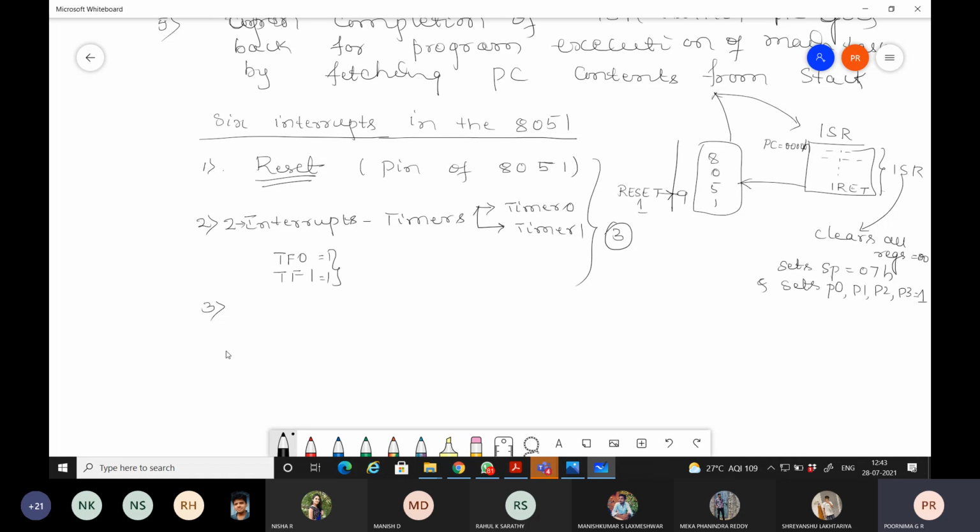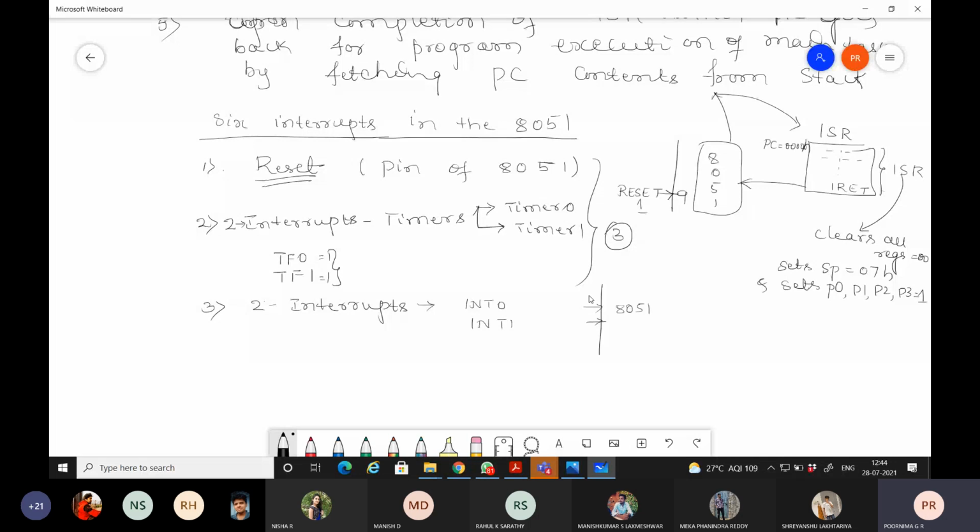Now the next two interrupts are the hardware interrupts. Which are those two hardware interrupts? They are INT0 and INT1, the two input pins of the 8051.